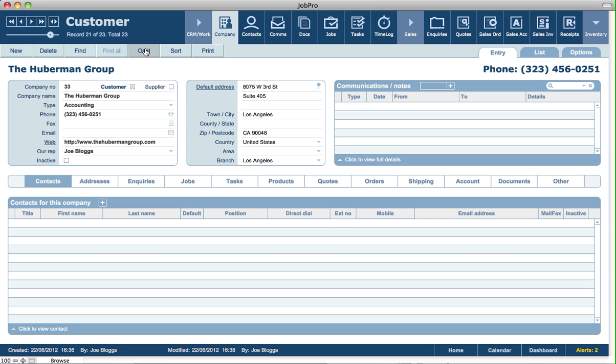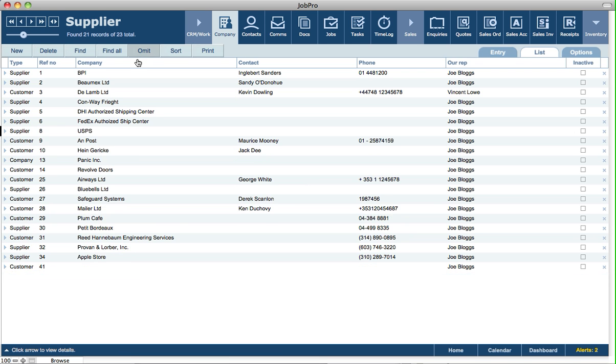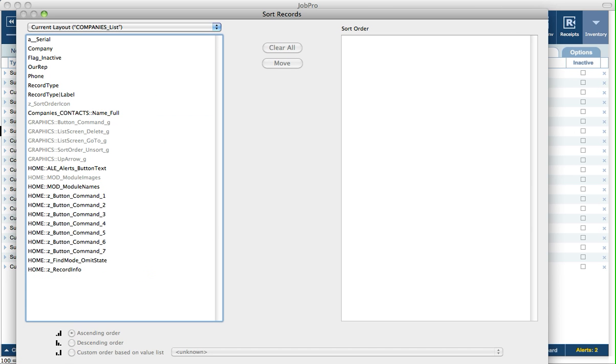The Omit button will omit the current record from the found set. You can also do that from the list screen. So let's say you're looking at a list here and you want to omit certain records from being in the found set. Then click on a line to highlight that line, click Omit, and it omits that from the found set. The Sort button will bring up a sort dialog box